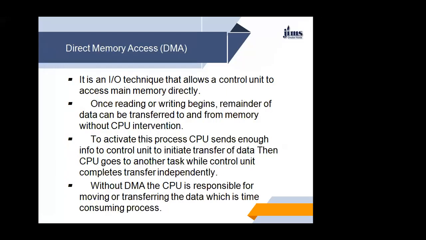As we have also discussed earlier, there is DMA, the direct memory access. It is an input-output technique that allows a control unit to access main memory directly. Once reading or writing begins, the remainder of the data can be transferred to and from memory without CPU intervention. To activate this process, the CPU sends enough information to the control unit to initiate the transfer of data, then the CPU goes to another task while the control unit completes the transfer